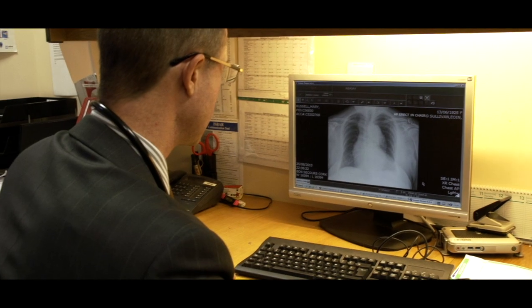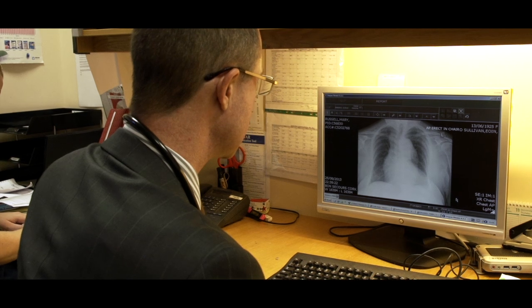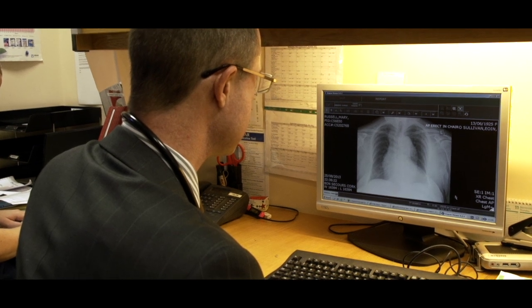Well, respiratory medicine is anything to do with the chest or breathing. So the common conditions would be asthma or patients who have smoking-related disease, the COPD, chronic obstructive pulmonary disease. Unfortunately, we have to deal with a lot of lung cancer as well. I've also branched a lot into sleep medicine, particularly obstructive sleep apnea syndrome, which is associated with heavy snoring and